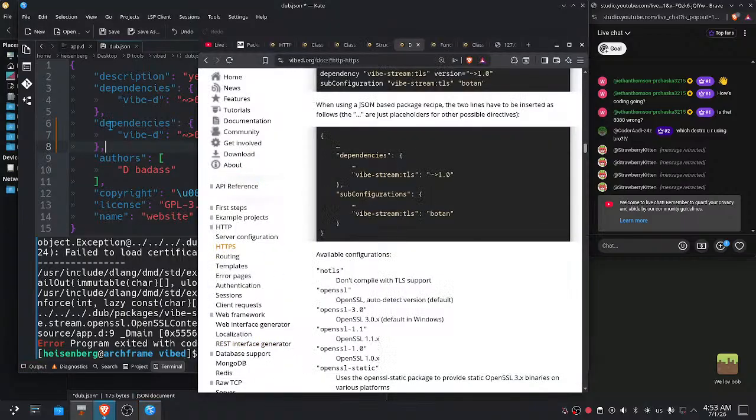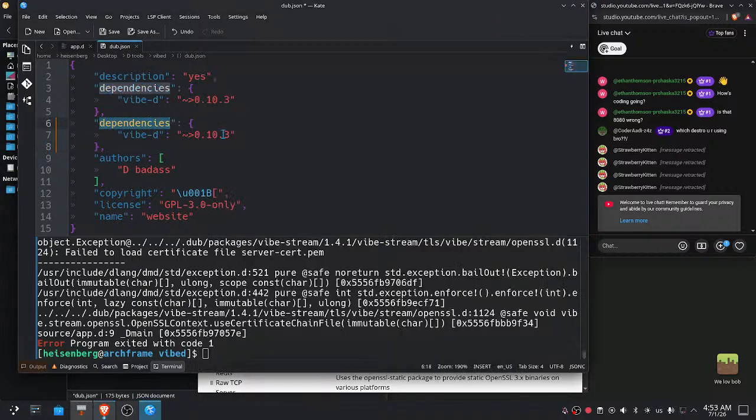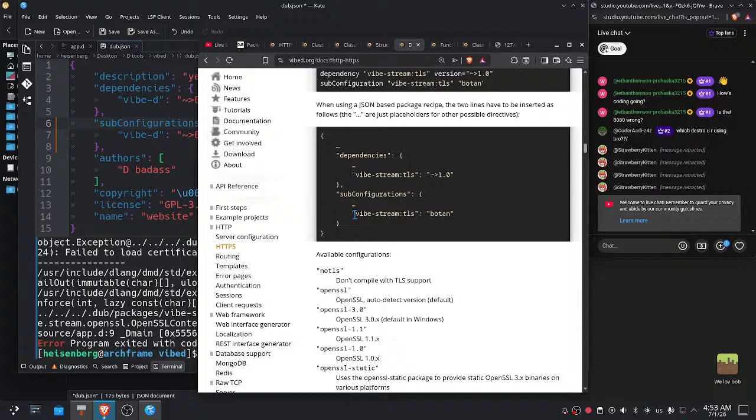And then change this out from dependencies to sub-configurations. And for the sub-configurations, set it to